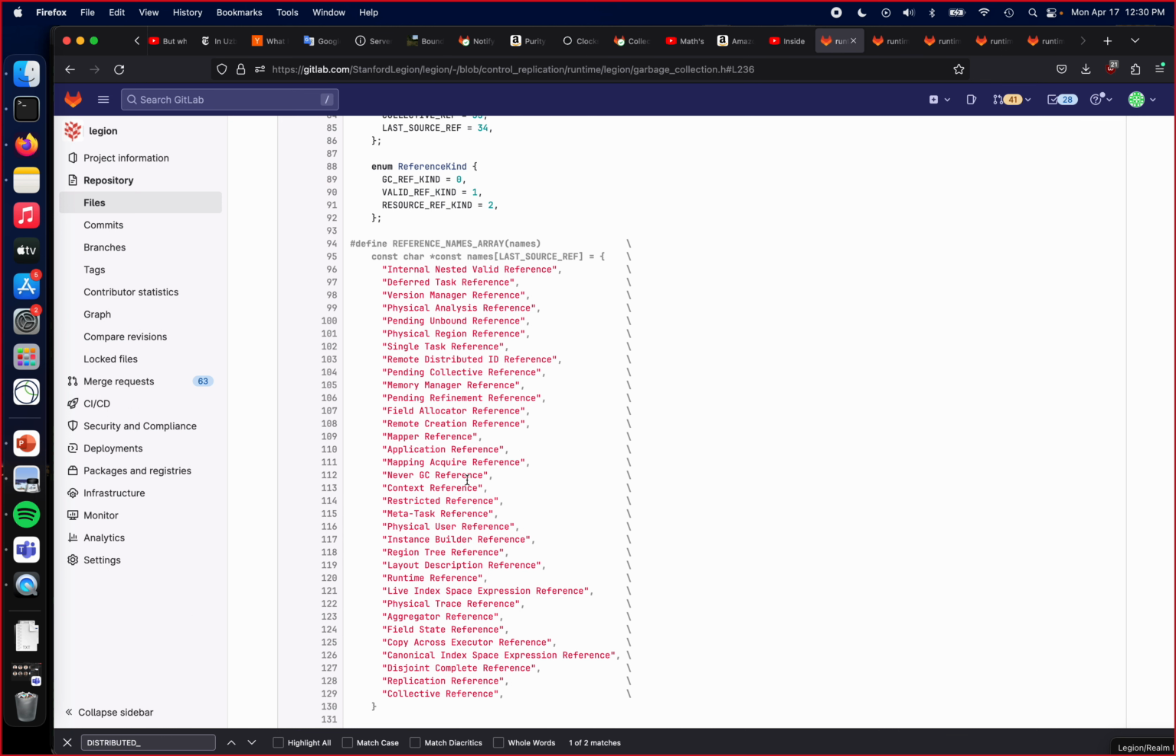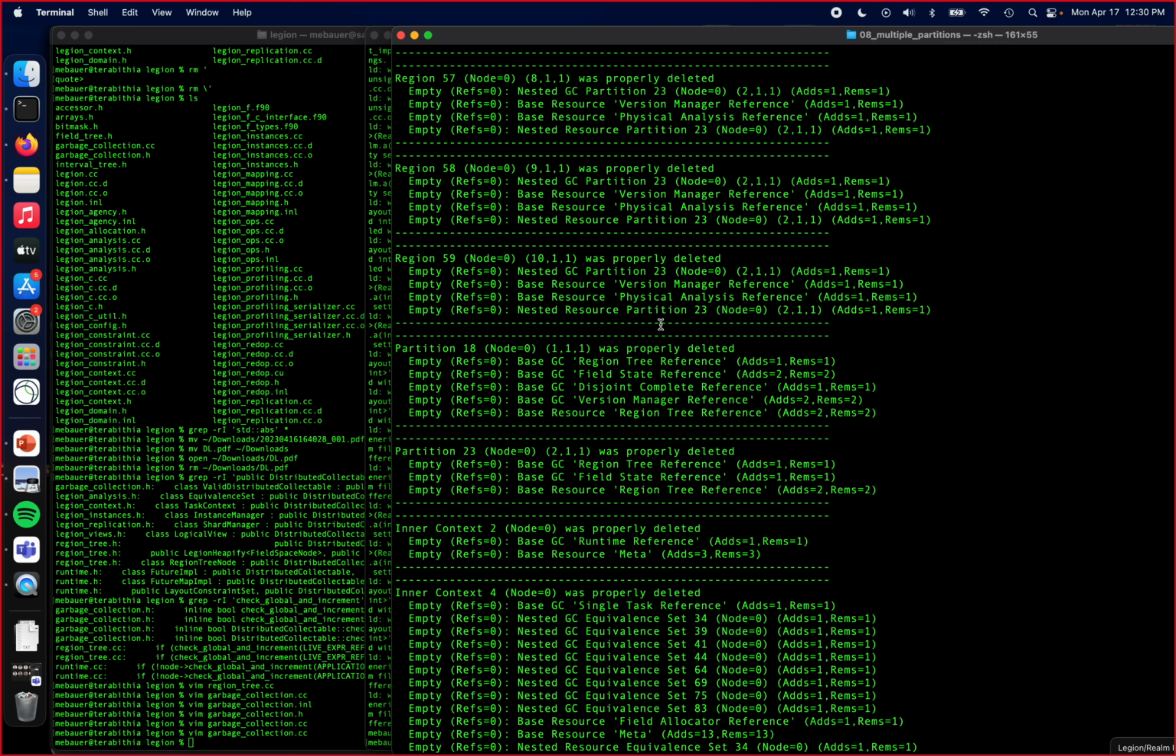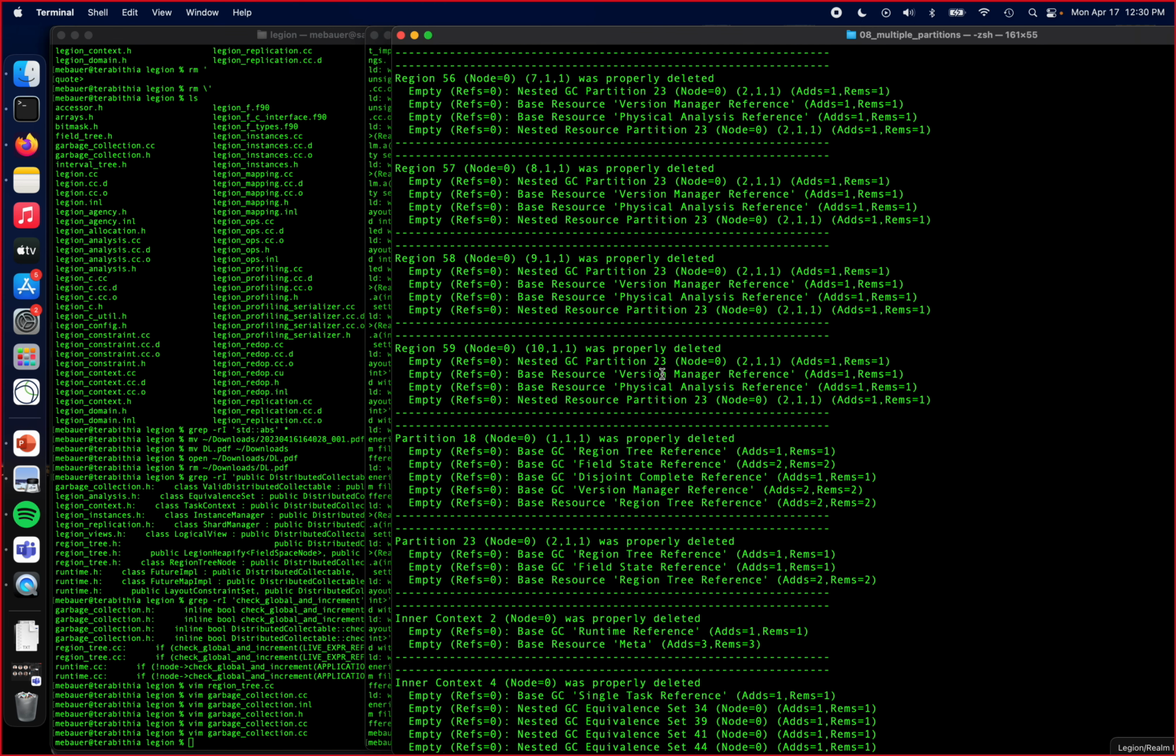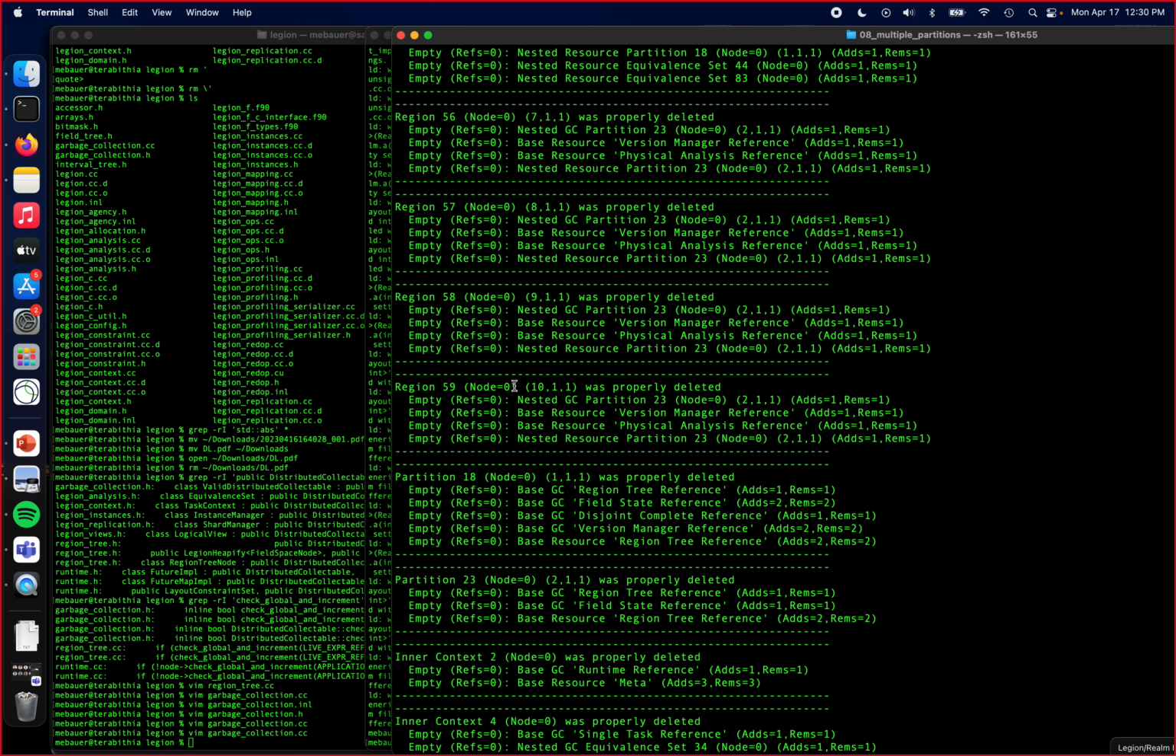And these strings are what get printed out by Legion GC in these reports over here to show you all these reference counting things. One nice thing that I'll also point out here is that you can see these node annotations, right? So you can see here's a nested GC reference from this partition on node 0 onto this region on node 0. In cases where you have multi-node runs, you'll actually get references that will come across nodes, right? So you might have a reference added from another node, from a distributed collectible on another node. And so you'll actually get to see that kind of information in